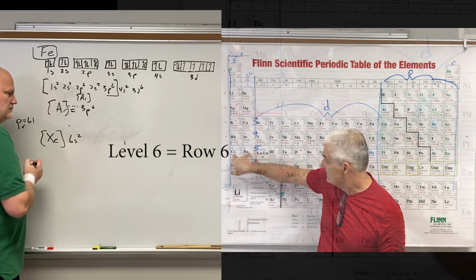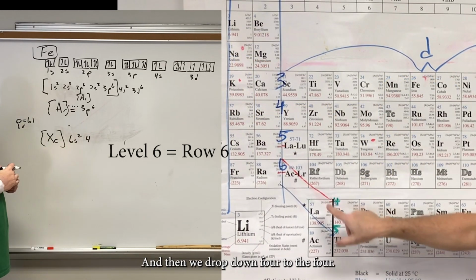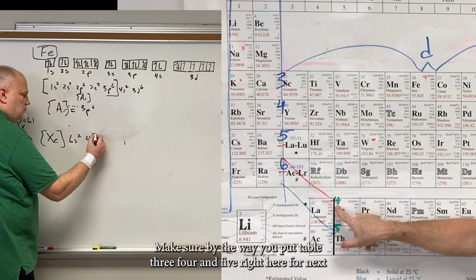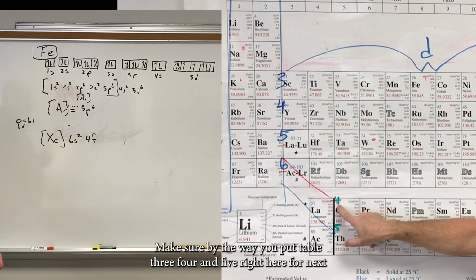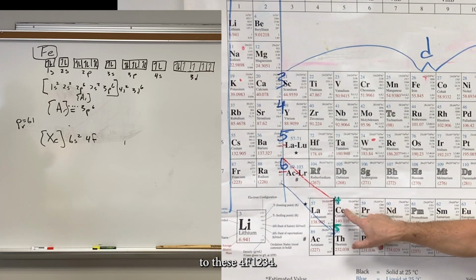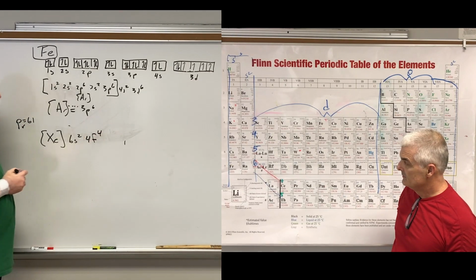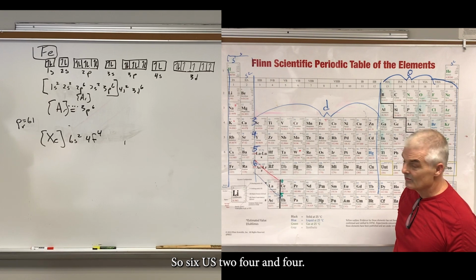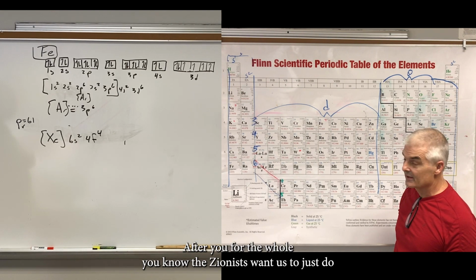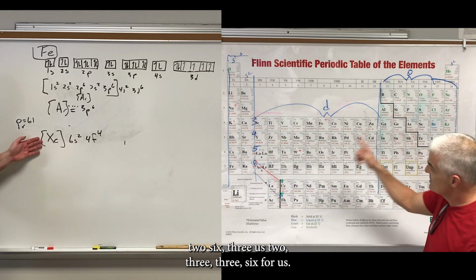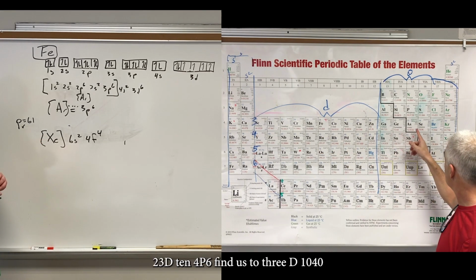6s2. And then we drop down to the 4. Remember, this is the 4 level. Make sure, by the way, on your periodic table that you write 4 and 5 right here, right next to these. 4f, 1, 2, 3, 4. That's it. 6s2, 4f4. After you put the old xenon, because xenon is 1s2, 2s2, 2p6, 3s2, 3p6, 4s2, 3d10,